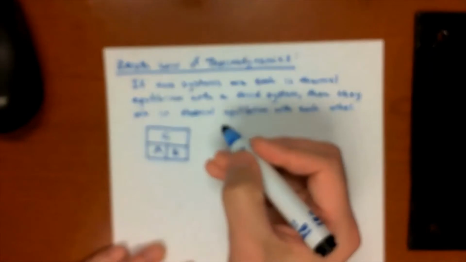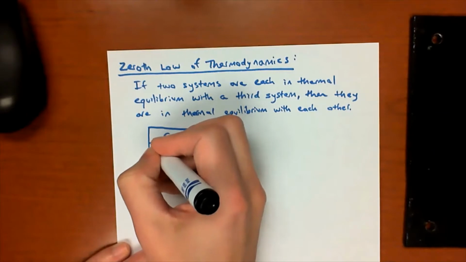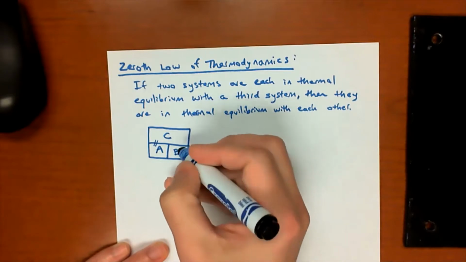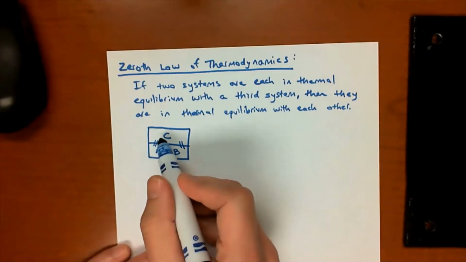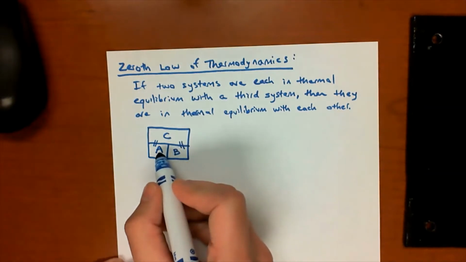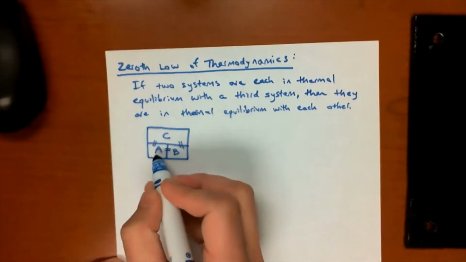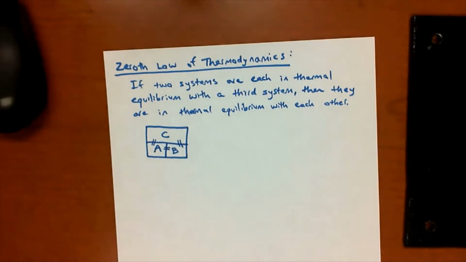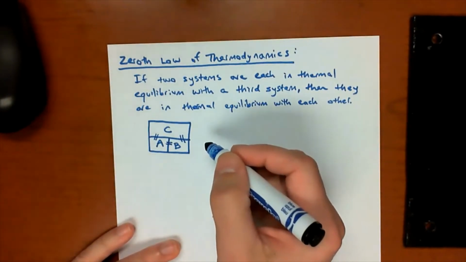What this is telling us is that if A is in thermal equilibrium with C, so I'll draw a little equal sign here, and body B is in thermal equilibrium with body C, so I'll draw a little equal sign there, then A is in thermal equilibrium with B. We can automatically say that because they're both in thermal equilibrium with C. This seems kind of silly and intuitive, but it wasn't in the late 1800s and early